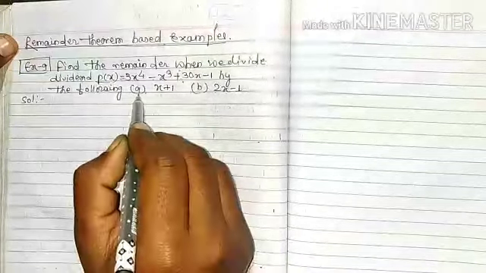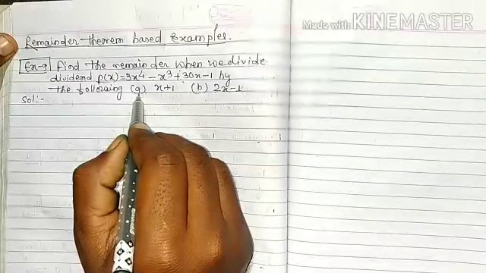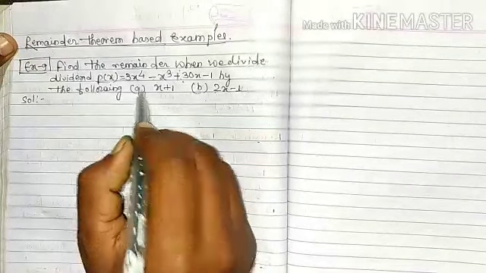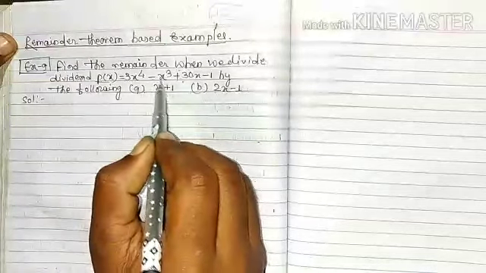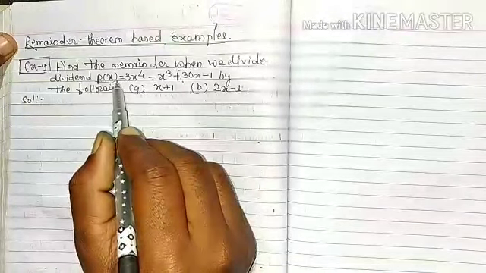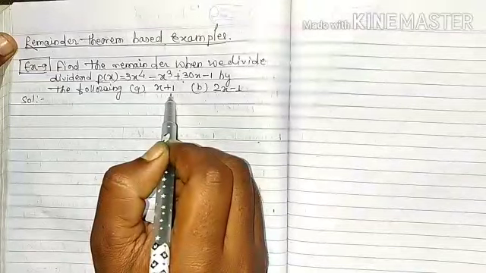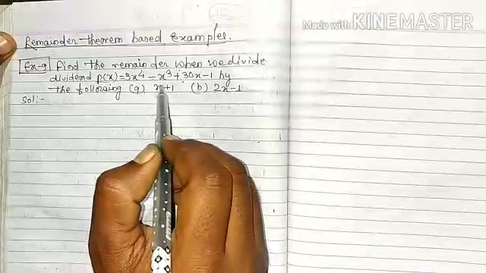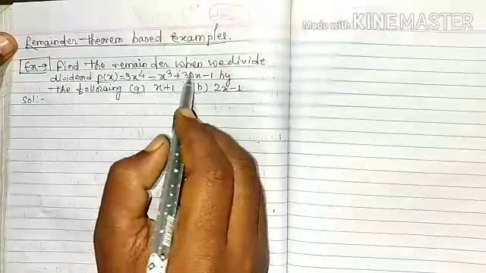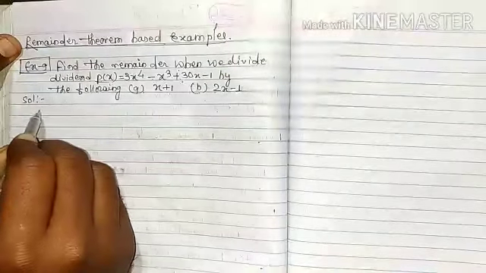First we solve question a. In this question, find the remainder when we divide the dividend. Here p(x) is the dividend and x plus 1 is the divisor. We could solve this question by three methods, but we solve it using the remainder theorem. Solution A.